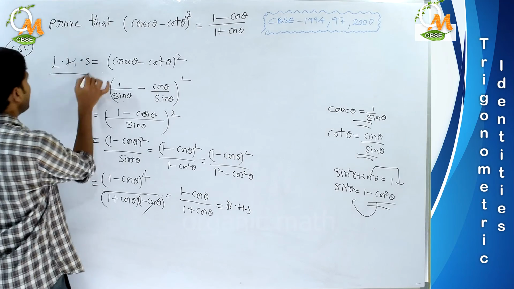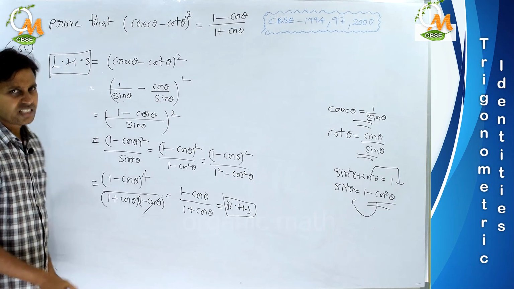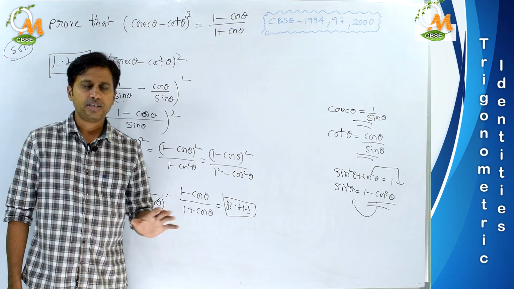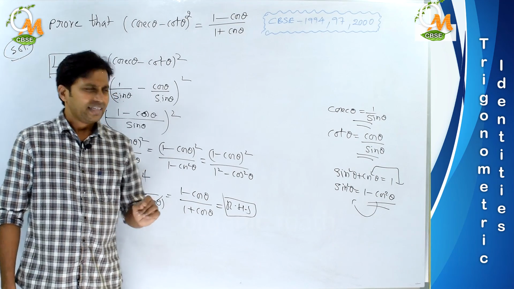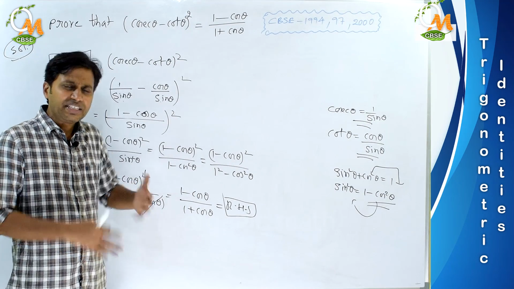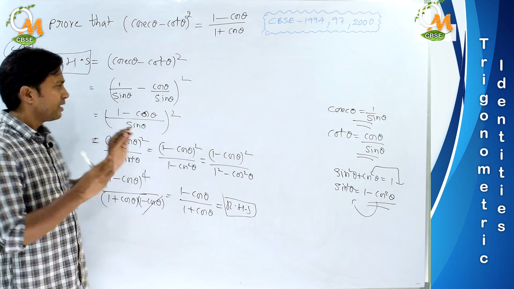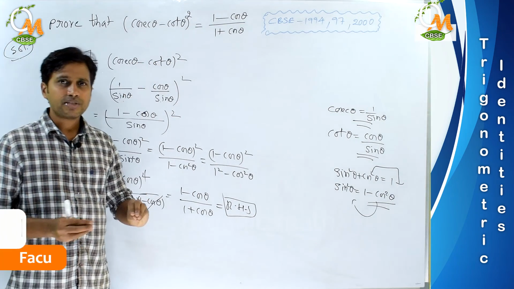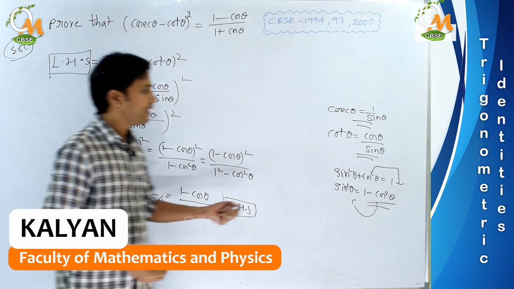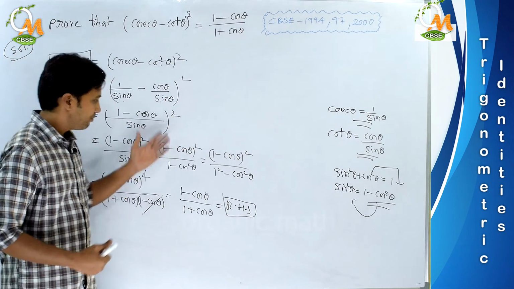So we took the LHS part and successfully obtained the RHS part. Before closing this session I just want to ask you one thing: did we apply any sort of technical things here or anything difficult? No, nothing. We just rewrote the given cosecant and cot terms in terms of sine and cos and simplified, and we took advantage of the algebraic formula a square minus b square. That's it. By doing that, we solved it.